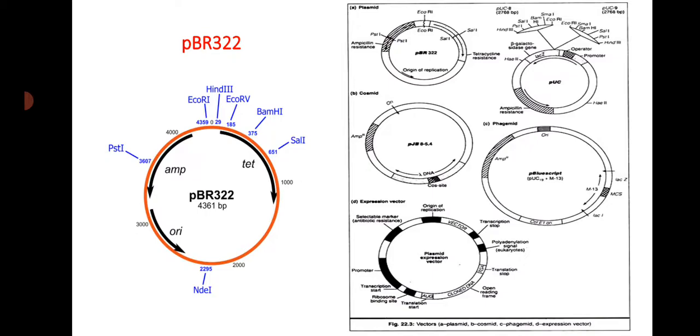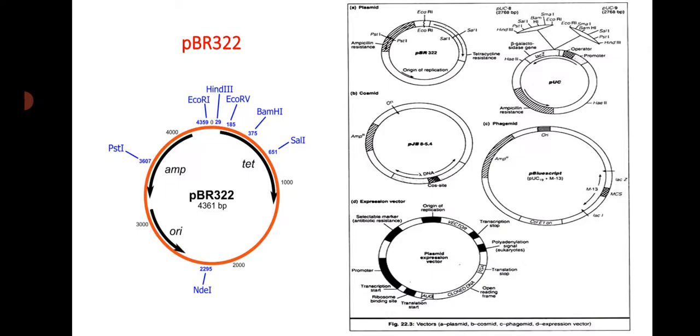So this plasmid has unique restriction sites for more than 40 restriction enzymes. So there are more than 40 restriction enzyme cloning sites. Eleven of these lie within the tetracycline resistance gene. So this is about the plasmid pBR322. There are two sites for the restriction enzymes HindIII and ClaI within the promoter of the tetracycline resistance gene. So here you have altogether 40 restriction enzymes.